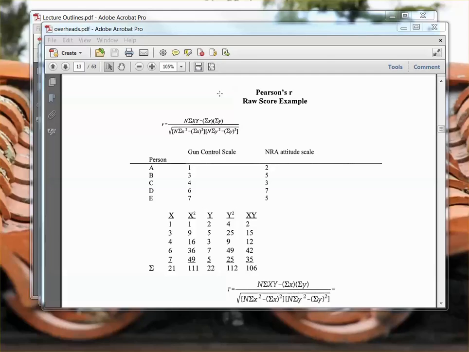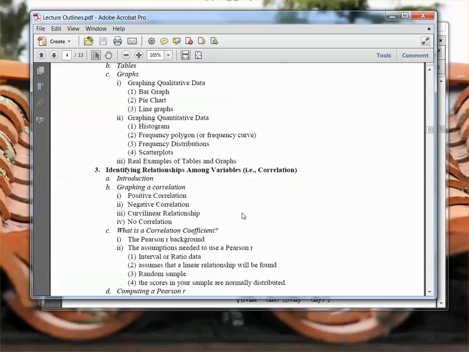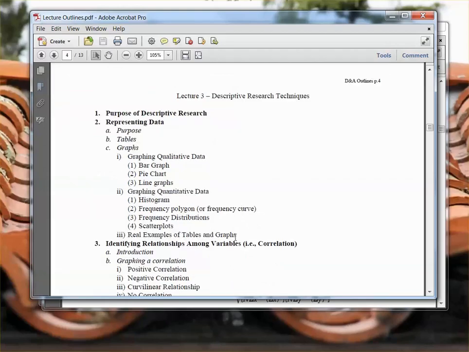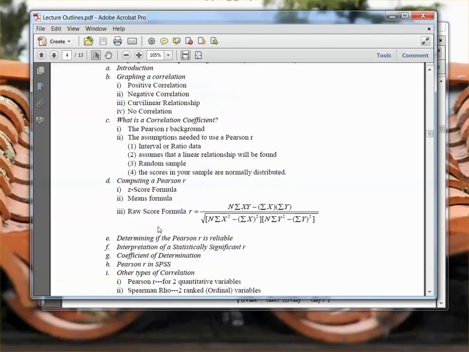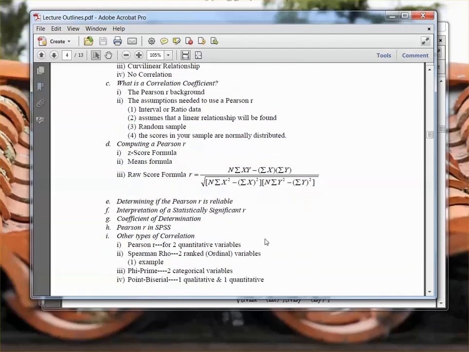Okay, in this video, we're going to learn how to calculate a Pearson R by hand. So where we are in our outline is we're in descriptive research techniques, and we're going to focus on using a raw score, using this big nasty formula here to calculate the Pearson R. Now, in class, we'll talk about how you determine whether or not it is